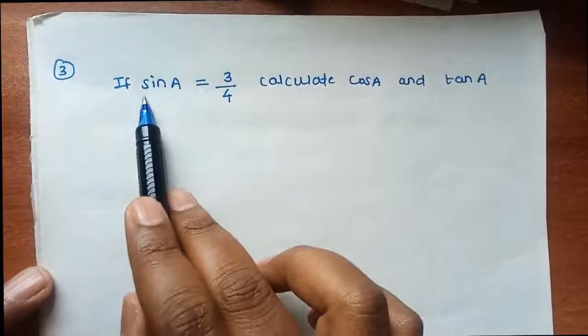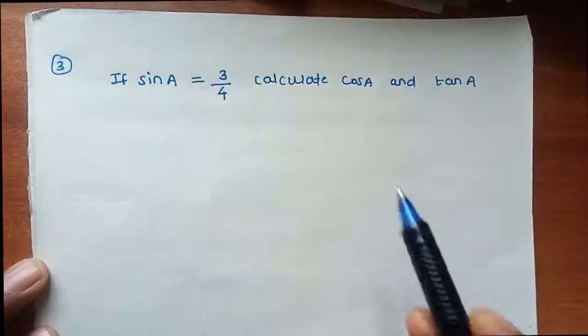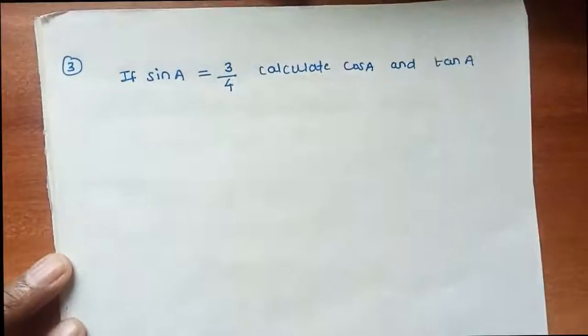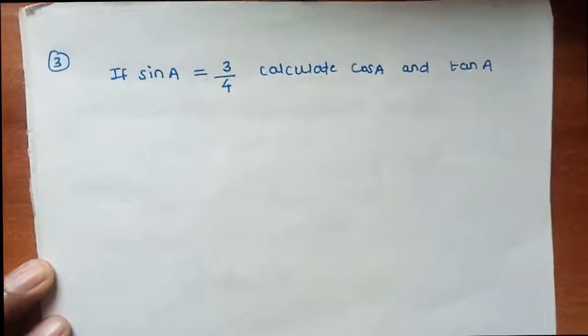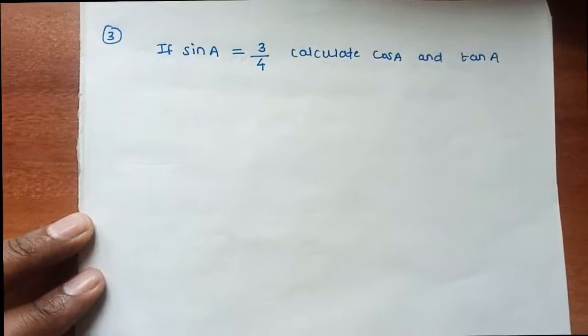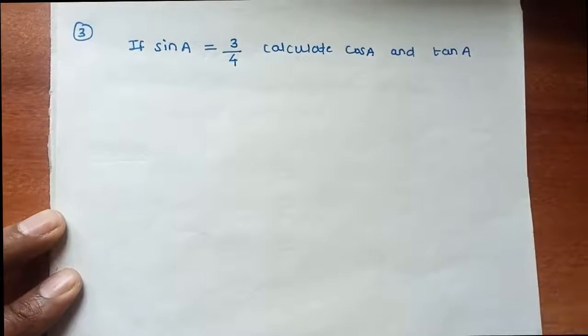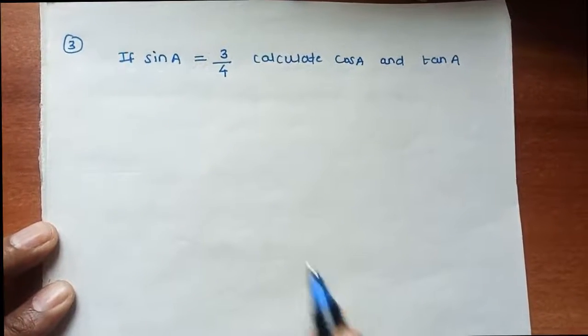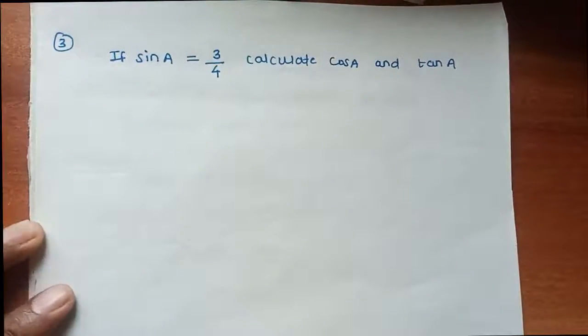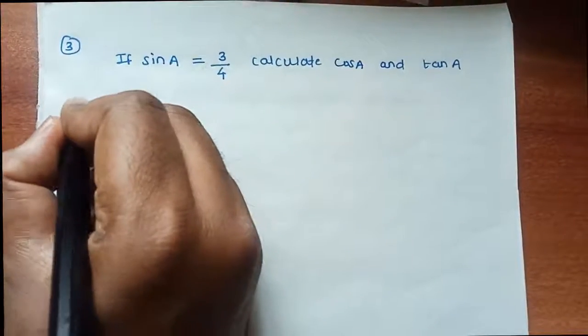The given is: if sin A is equal to 3 by 4, calculate cos A and tan A. So till now we were seeing problems where they were giving the sides of the triangle, but that is not the case in this problem. They have given the trigonometric ratio. The sin A value is 3 by 4. So we know that, suppose